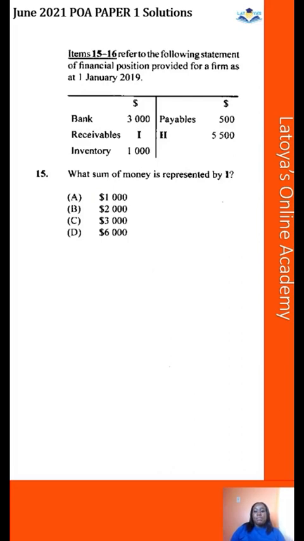Items 15 and 16 refer to the following statement of financial position, balance sheet, provided for a firm as at the 1st of January 2019. So they want to know what sum of money is represented by 1. So in order to determine the receivables figure, all we would need to do is to subtract